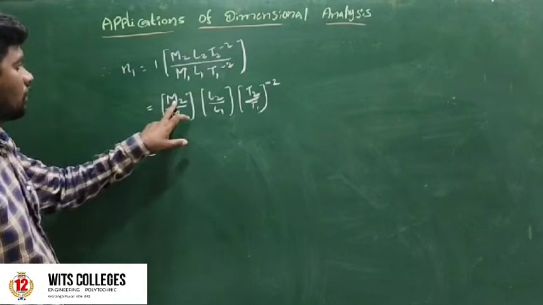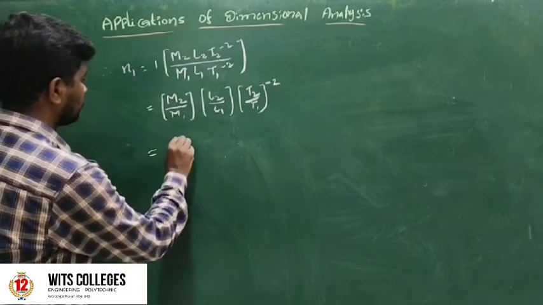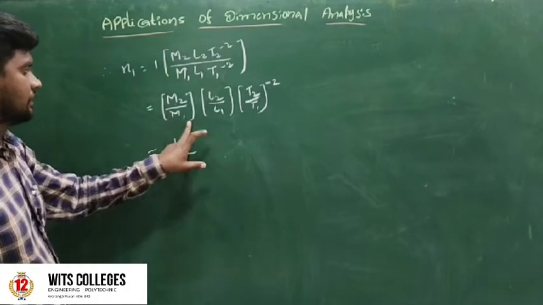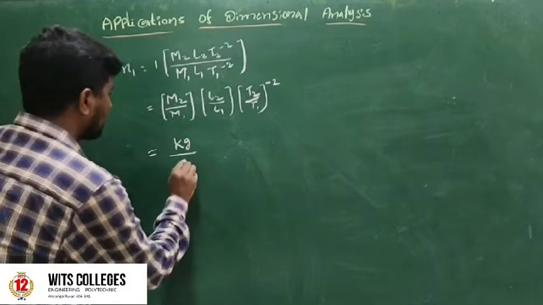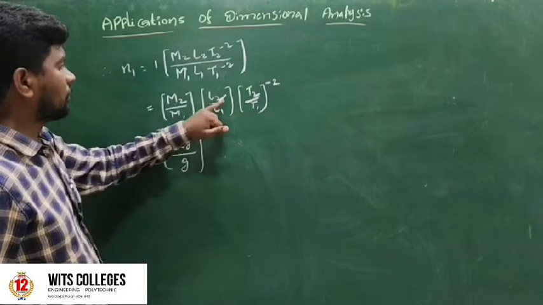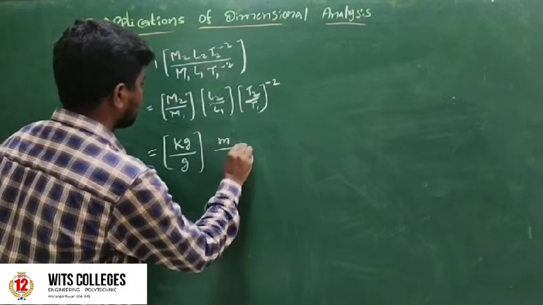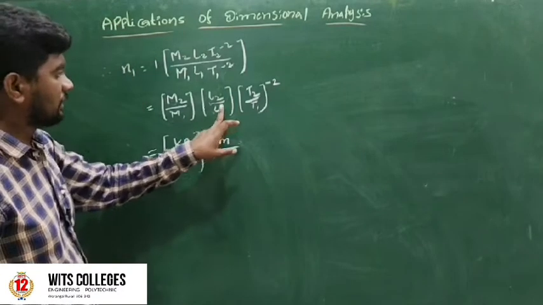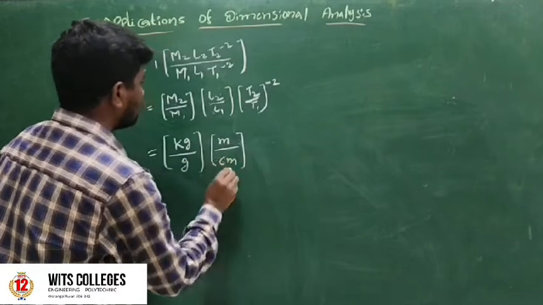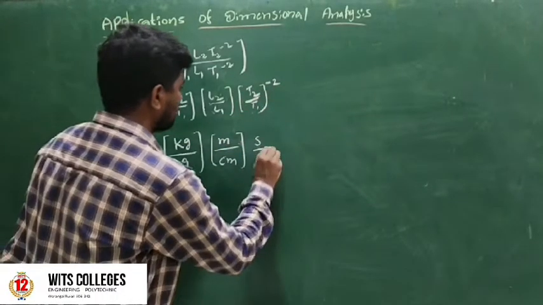M2, the SI unit of mass, is the kilogram, kg. M1 represents the CGS system, where mass is the gram. Next, L2 represents the SI system, where length is the meter, and L1 in the CGS system is the centimeter. Next, T2 and T1 is time, the second in both systems, second by second.